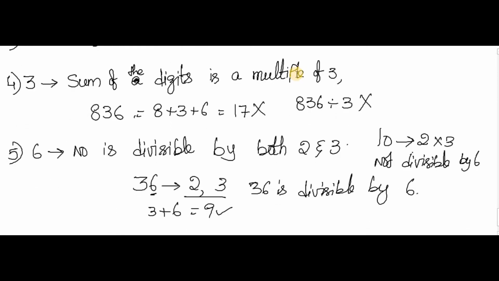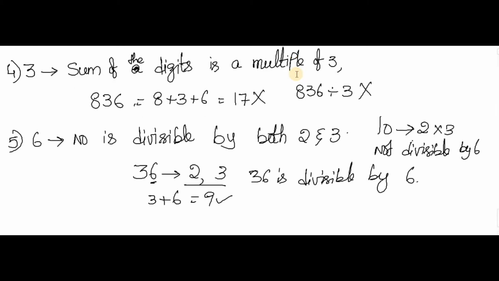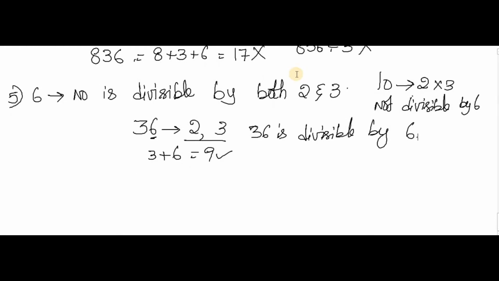Now moving on to the divisibility rule of 6. What is the divisibility rule of 6? If the number is divisible by both 2 and 3, then only we can say the number is divisible by 6. For example, if a number is divisible by 2 but not by 3, then it is not divisible by 6. In the same way, if it is divisible by 3 but not by 2, then the number is not divisible by 6. So the main point with 6 is that the number must be divisible by both. Okay. Now we will see a few more rules, we'll go through them and then start the exercise.